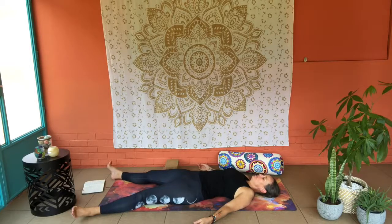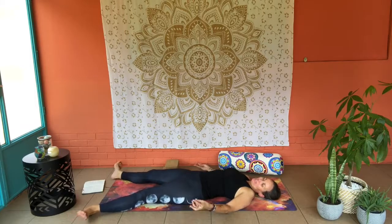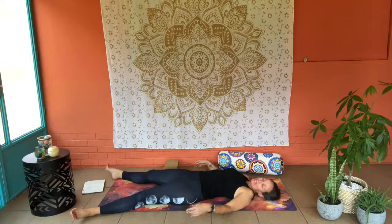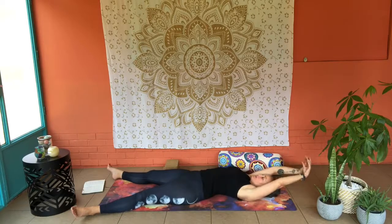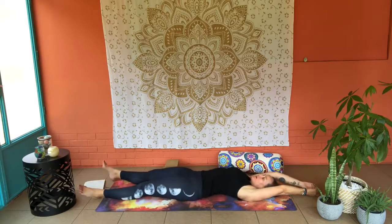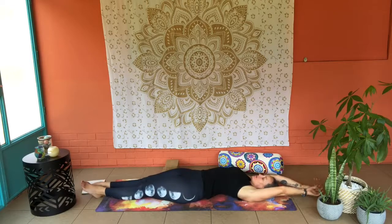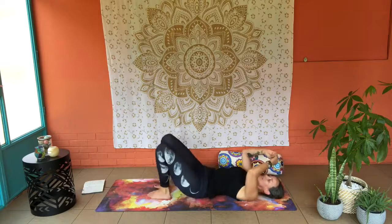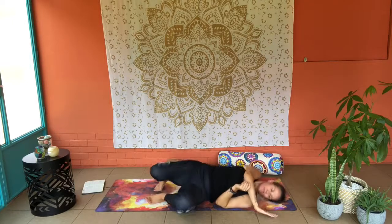And begin to wriggle your toes, your fingers. Taking your thumb and drawing it across the tips of your fingers, allowing your head to roll over from one side to the other. Drawing your arms up overhead for a last deep stretch before gently and slowly rolling over